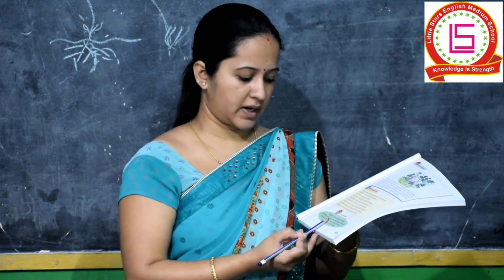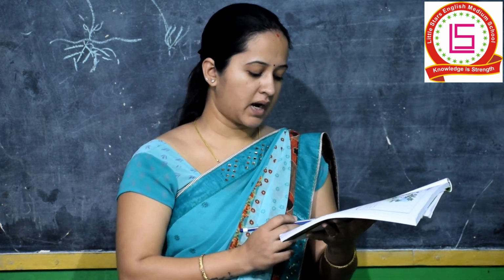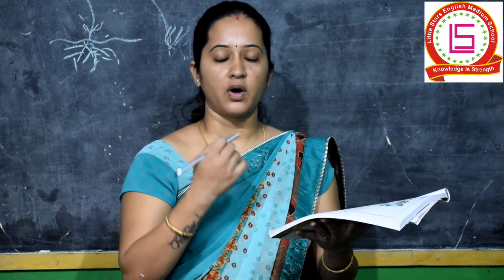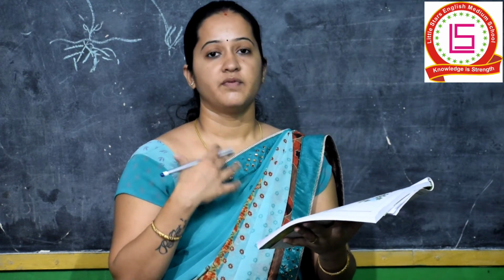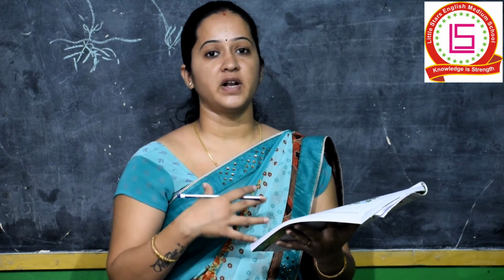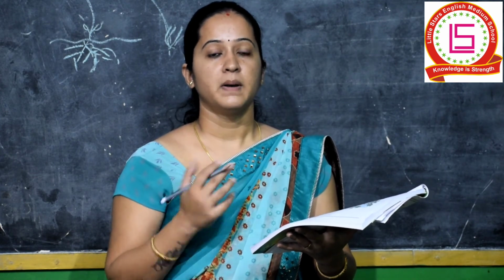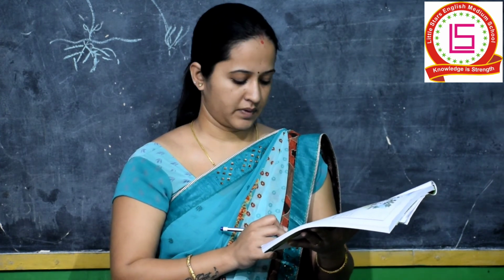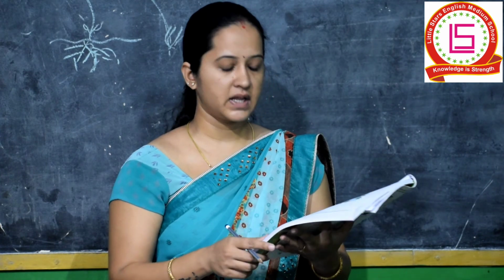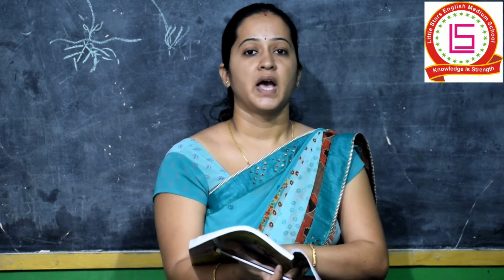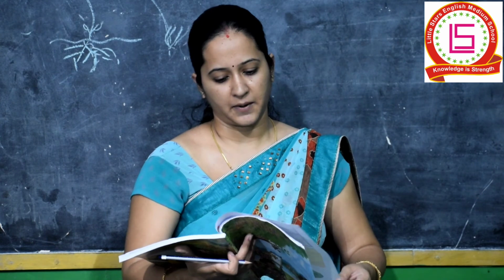We will also read this paragraph. Always remember that the needs of all the living things are fulfilled by things in the environment. All the things which we need, which are compulsory for our body, are fulfilled, are completed by whom? By the environment. Such things should not be allowed to go waste. We must take care that we do not cause any harm to the environment. As we get many useful things from the environment which help us to live, we should take care of the environment and we should not waste it.